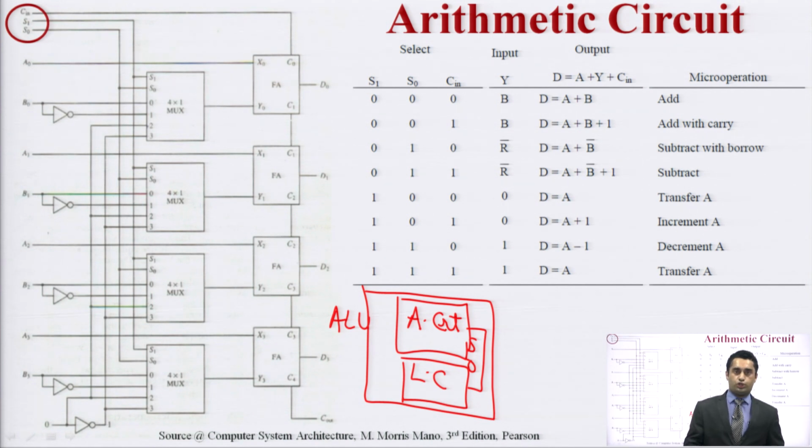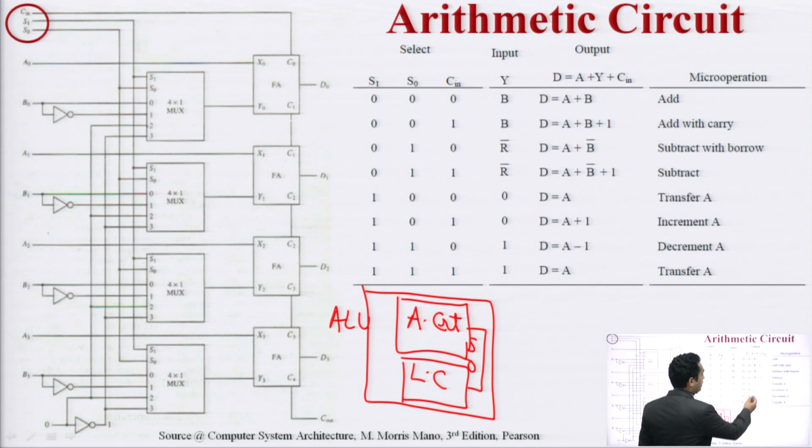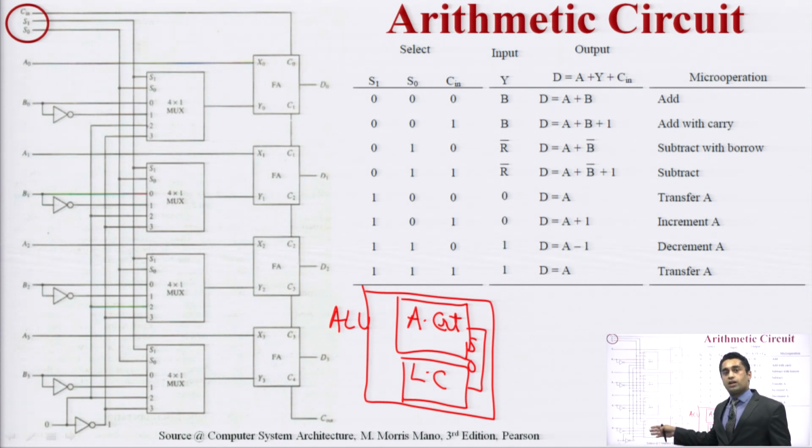Now there is one question for you. If I am talking about the arithmetic circuit, how are you going to deal with the subtractions? This is the example of addition where I am using a single bit. If I am taking an example of 8 bits, what is the meaning of this 8 bit? In this case, how many multiplexers are required? For 4 bits, 4 multiplexers, and when we are using an 8 bit number, then 8 multiplexers are required. This is an important question as per the university, how many multiplexers are required.